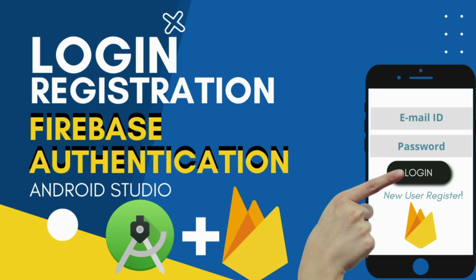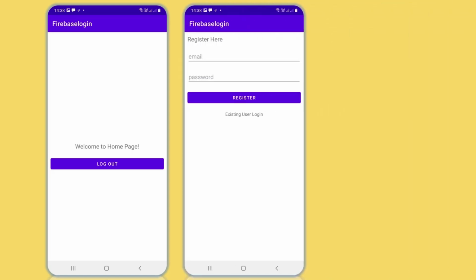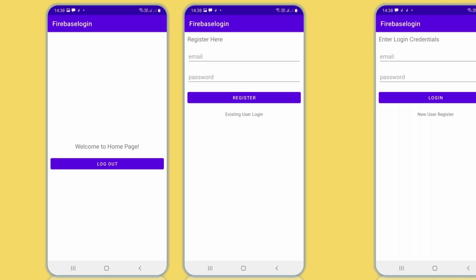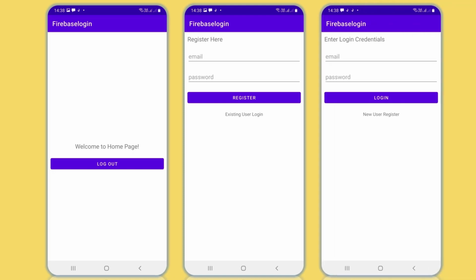Hello friends, today we will see how to make a Firebase login app with a custom email ID and password. So let us begin. In this, we are going to create three activities. One will be a home page, which is your dashboard where you land after login. One will be a register page where a user has to enter register entries, and one will be the login page where login credentials will be entered and the user can go to the dashboard. So there are two pages from which the dashboard can be accessed, login and register.